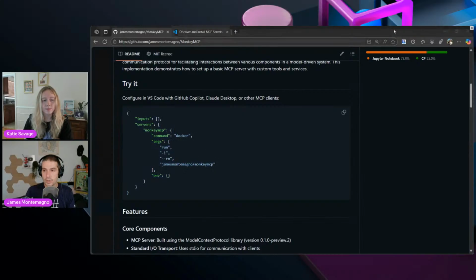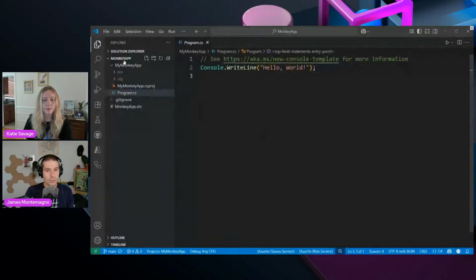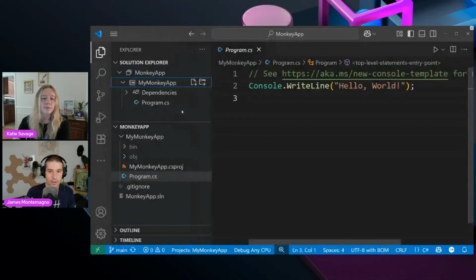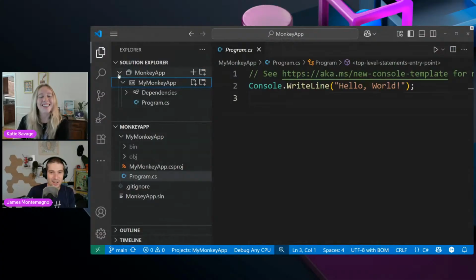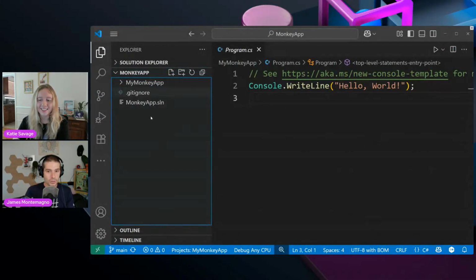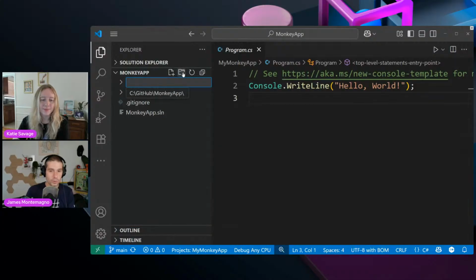So what we're going to do is come into the Solution Explorer that we've seen from the C# Dev Kit, but also the File Explorer. We can see the File Explorer has the Monkey app over here. I'll make it extremely big. We're going to use the File Explorer first, and in the root over here, I'm going to create a new folder called .vscode. And that actually gets created most often when you're debugging applications.